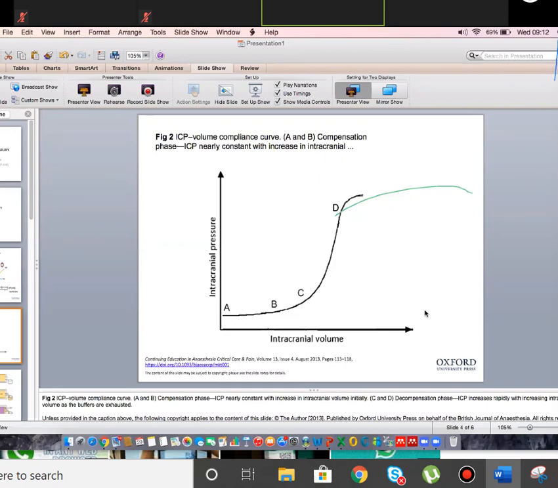We should maintain the 20. Okay, so the importance is we should not allow the intracranial pressure to rise more than 20. Okay. So in order to maintain,